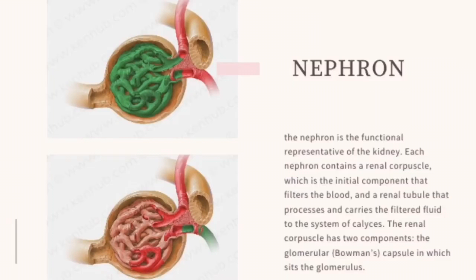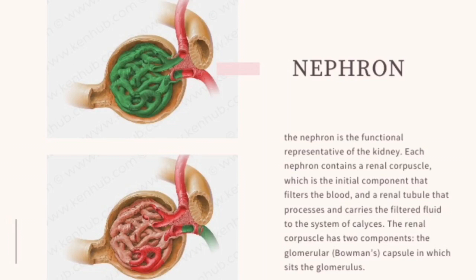So the nephron is the functional unit of the kidney. It produces concentrated urine by creating an ultrafiltrate from blood. A nephron consists of 2 main parts, a renal corpuscle and its associated renal tubule system. So renal corpuscles are located in the renal cortex, while their tubular systems extend into the medulla. Depending on their distribution and morphology, there are 2 main types of nephrons in the kidney, the cortical